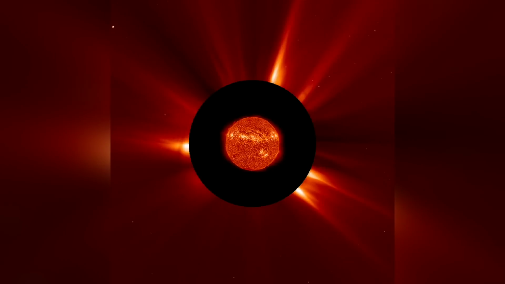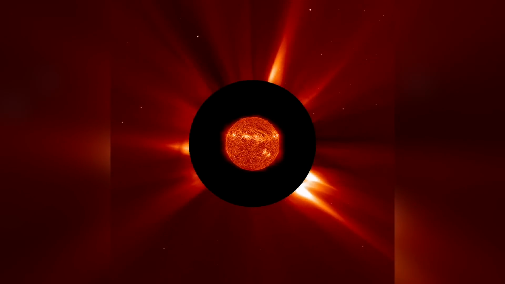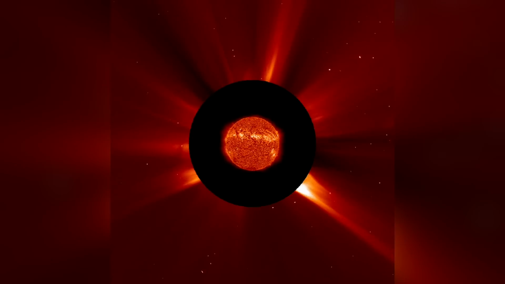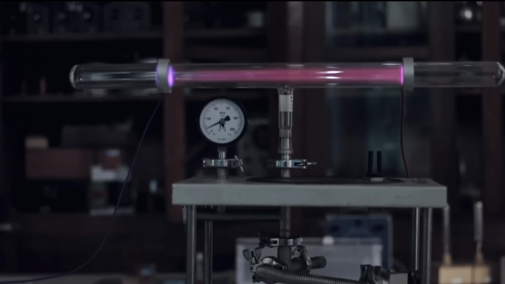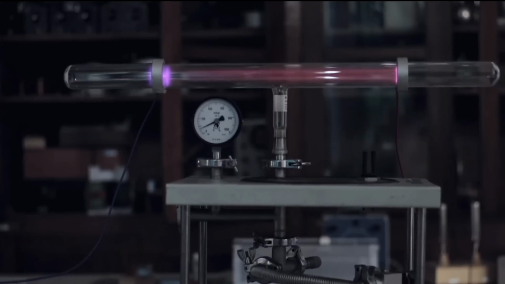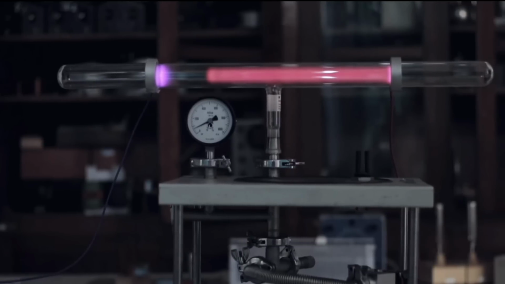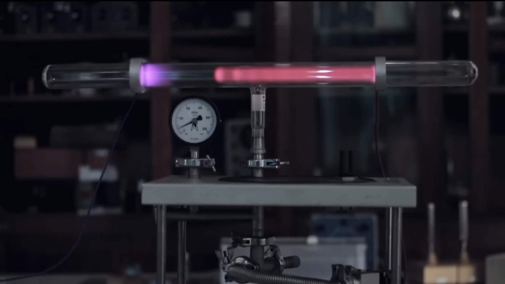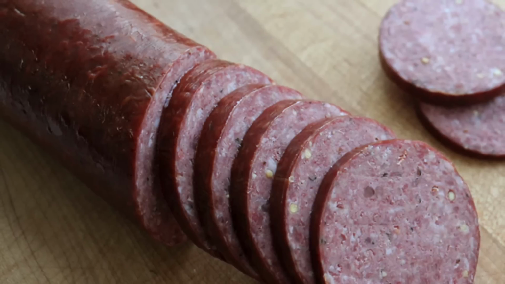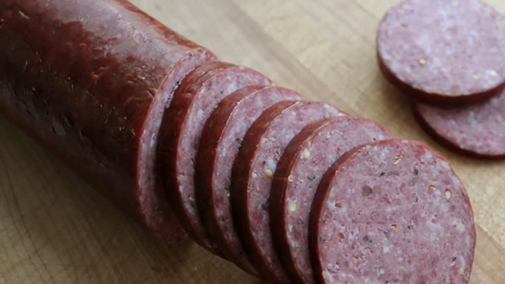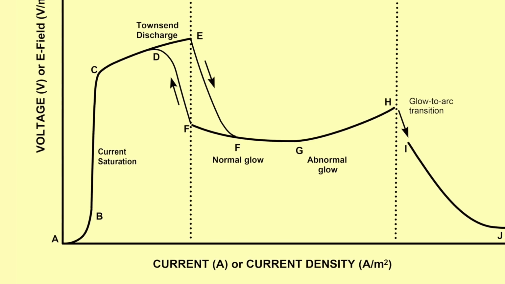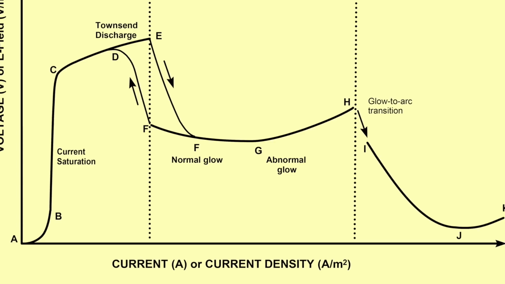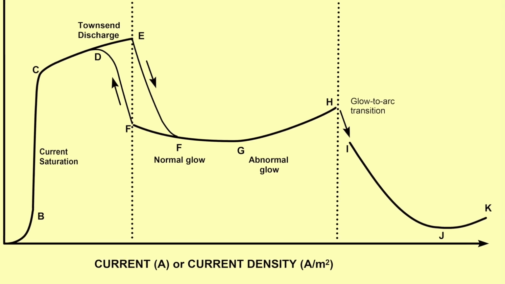But how can we make that comparison between a lab and the real thing when the sun is a single sphere sitting out there in space and not in a cylindrical tube in a plasma lab? Well, the cross-sectional area of any cylindrical tube typically used to study plasma discharges in a lab is the same size at all points along its length. These circular cross-sections are kind of like salami slices cut through a cylindrical-shaped sausage. They all have the same area, and therefore, with a constant current flowing along the tube, the current density in amperes per square meter is the same at every cross-section along the length of the plasma because they all have the same area.